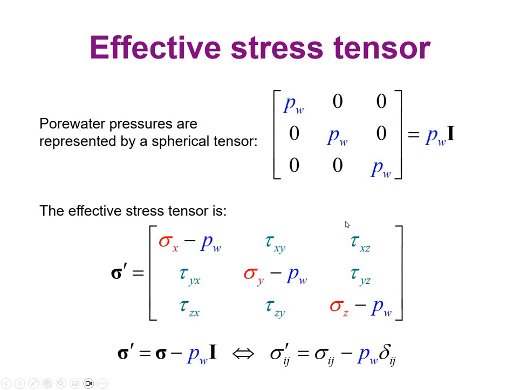So there is another thing we need to discuss in here, which is, in the first place, the definition of what is the pore water pressure. Pore water pressure as a tensor. So the pore water pressure is represented as a spherical tensor, as you can see, where the main diagonals are just the pore water pressure and the shear stresses are equal to 0, because as you know, in hydrostatics, you